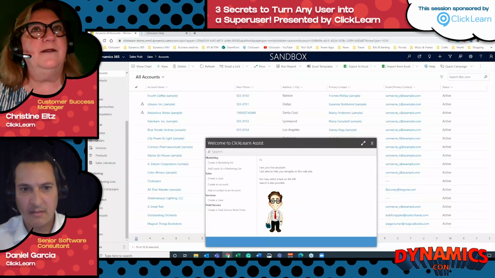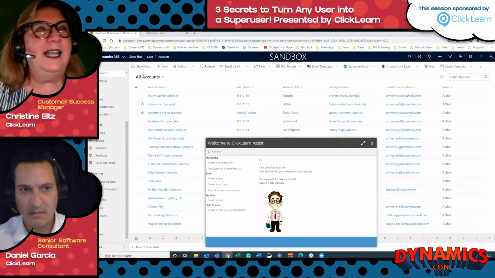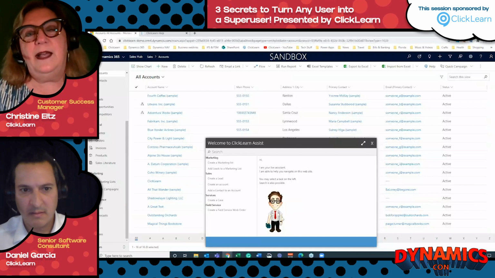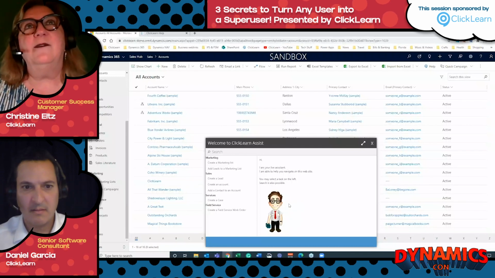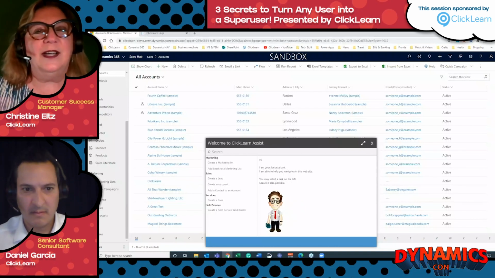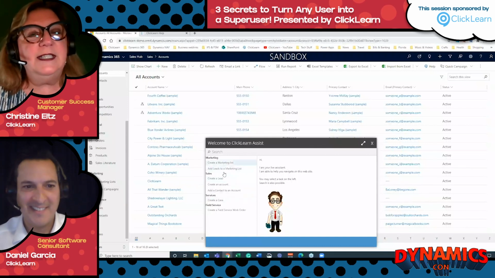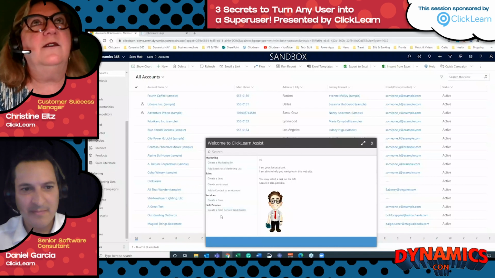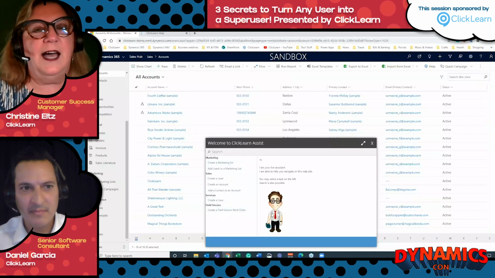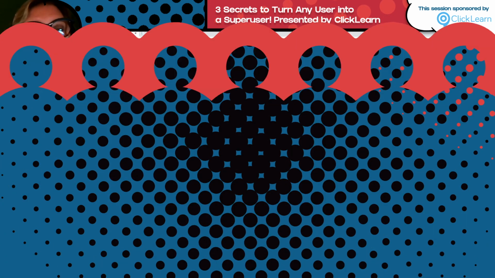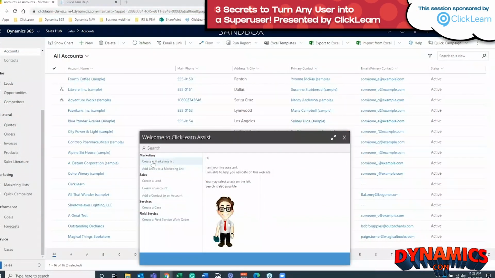Keeping in mind, everything is customizable. So if you have a beloved president that you want to have a nice face, if you have a male or a female avatar, if you even want to have a Robbie the robot or somebody from Cars like a little tater, you can go ahead and customize all of this. And you can see right here will be the listing of all of the recordings that the live assistant will be able to launch. So if I want to go ahead and take a look down into my marketing list,